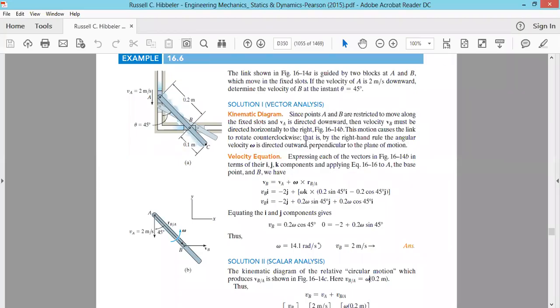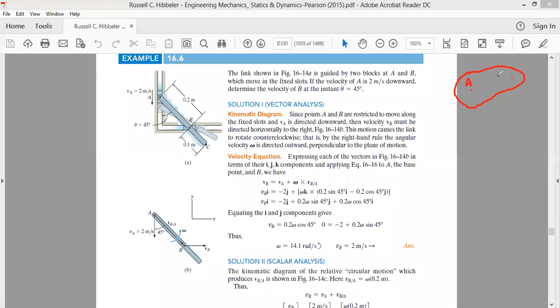Welcome back to the class on dynamics. As far as the previous class was concerned, we have been talking about the concepts of the relative velocity analysis of the rigid body. And in the previous class we derived that if we have any rigid body undergoing planar motion, okay, two-dimensional motion,